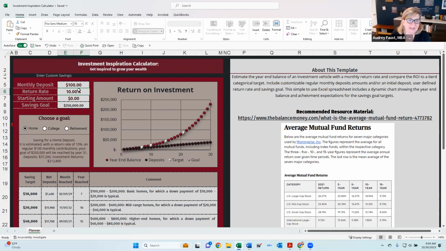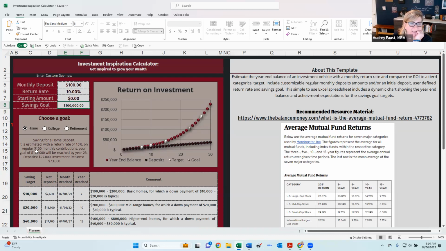But what this says is if I deposited $100 a month and I got a 10% rate of return and I started with nothing, and I had a savings goal of 100,000, then this is going to calculate it for me.